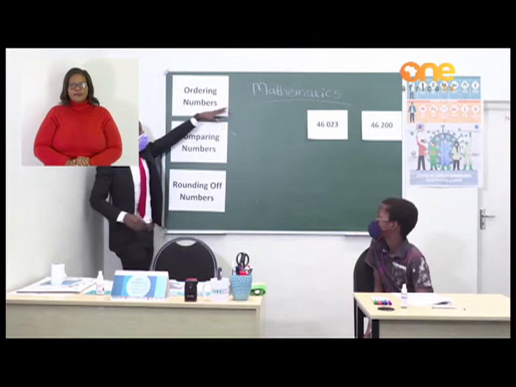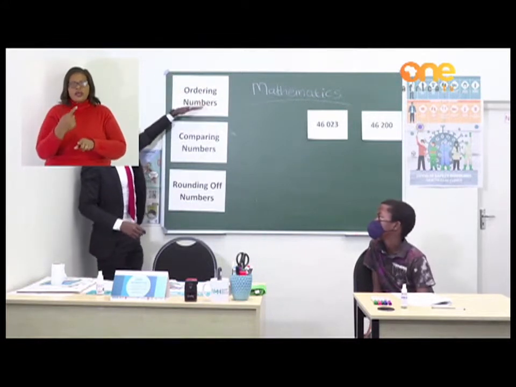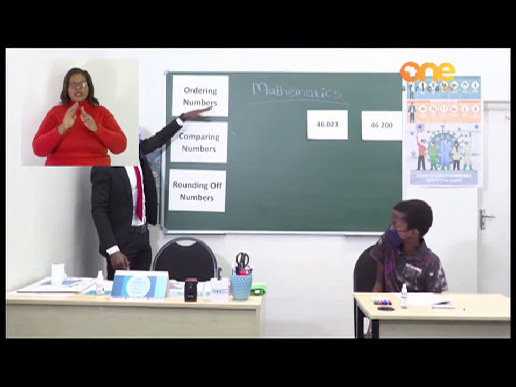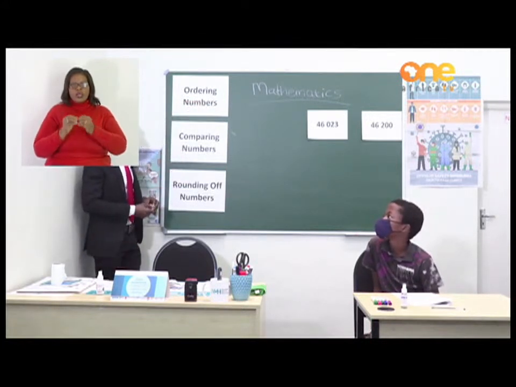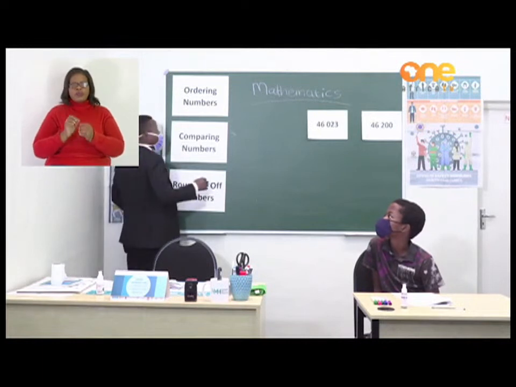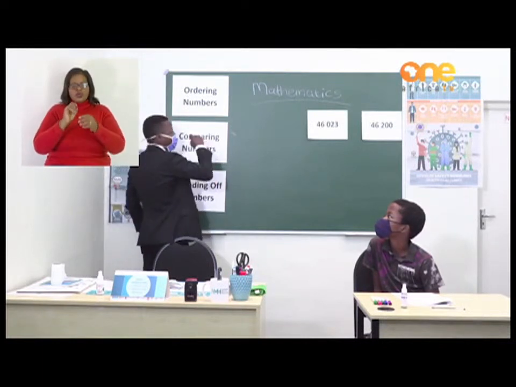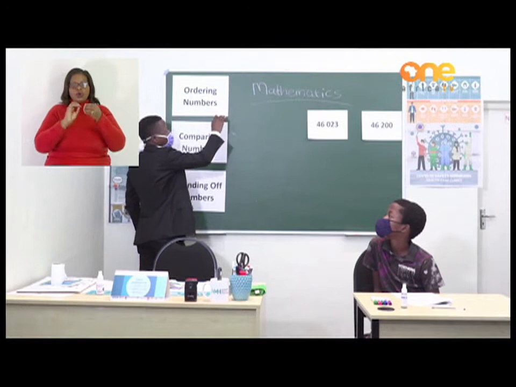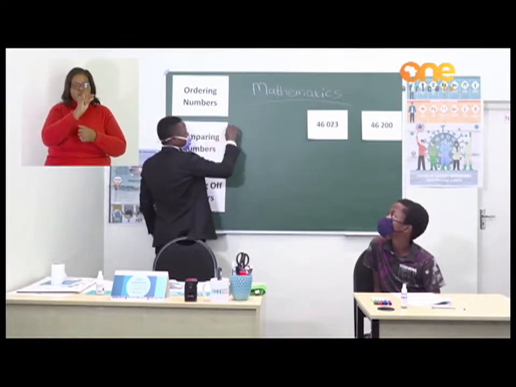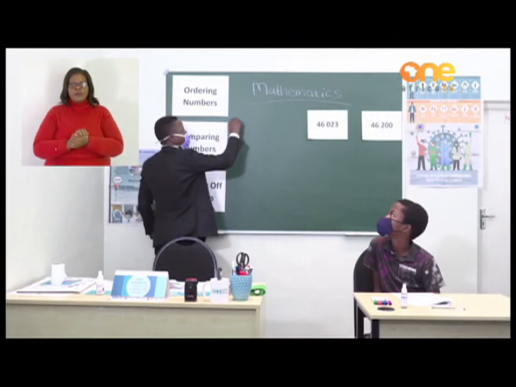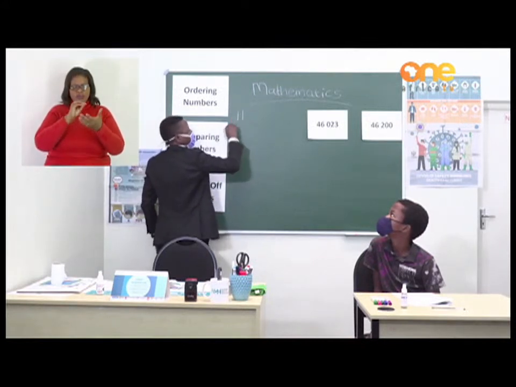As I said, we have to cover 3 objectives, whereby there is ordering numbers, comparing numbers, and rounding of numbers. So when it comes to ordering numbers, we have to put these numbers in order, maybe from the smallest to the biggest. Let me just give some numbers here. I'll start with